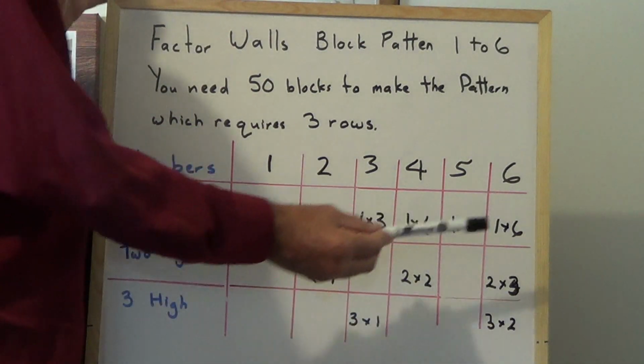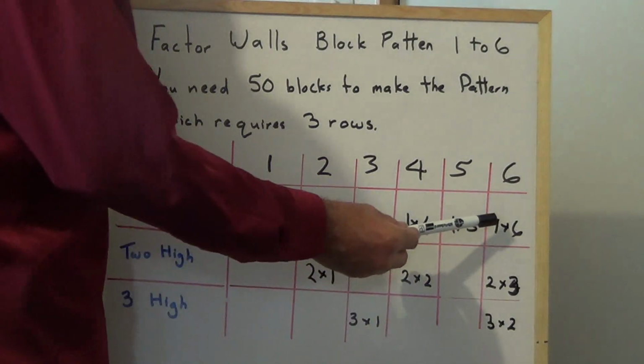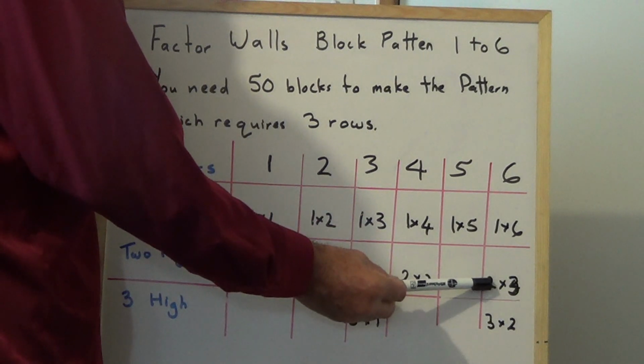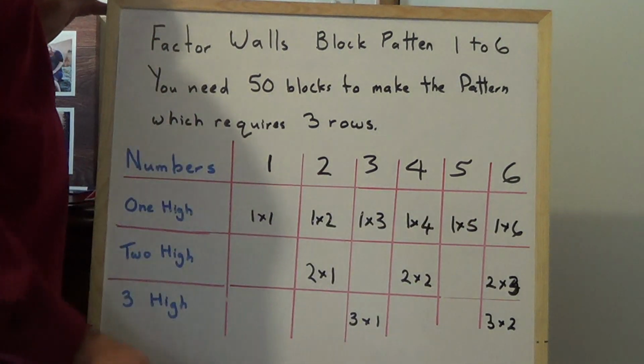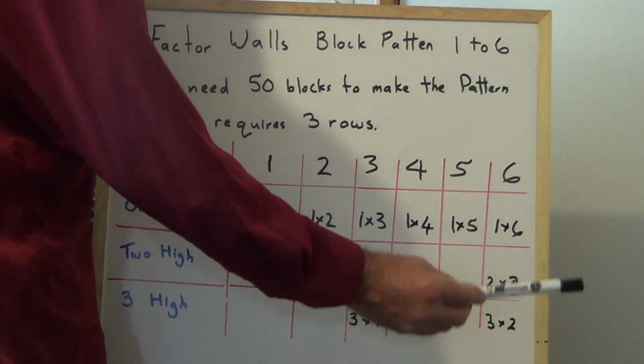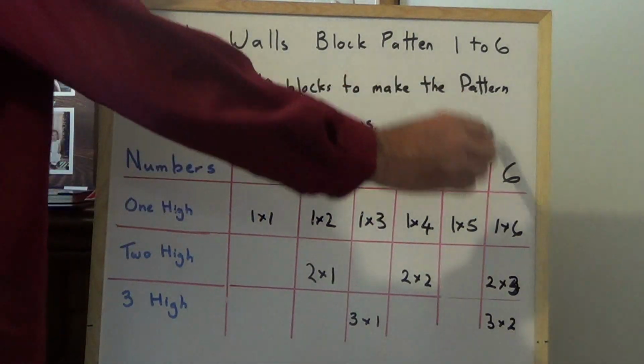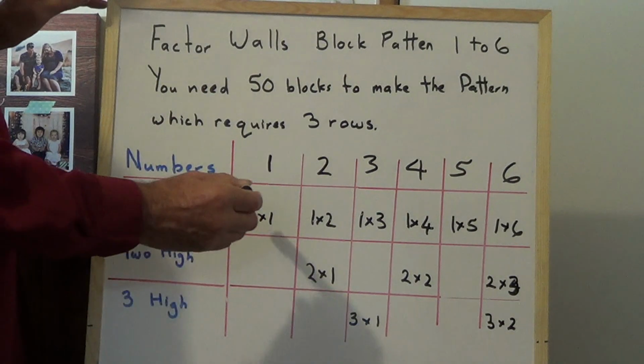Then we get 1 by 5, and that's all we can get with that. And then we have 1 by 6. We get 1 by 6, 1 high, and we can have 2 high and 3 long, and we can have 3 long and 2 high. And you could set this out and use this as a template. So you'd have these 6